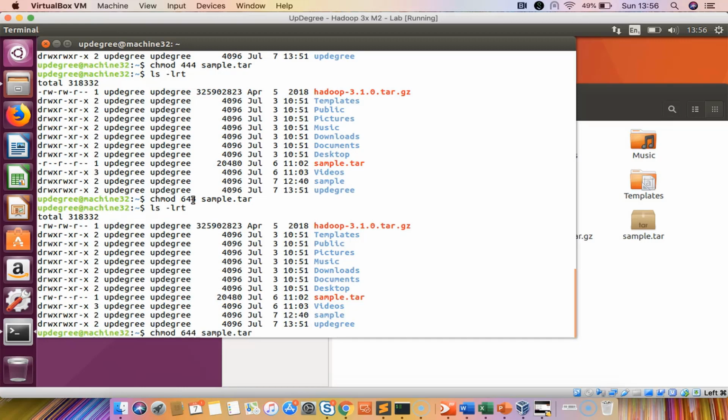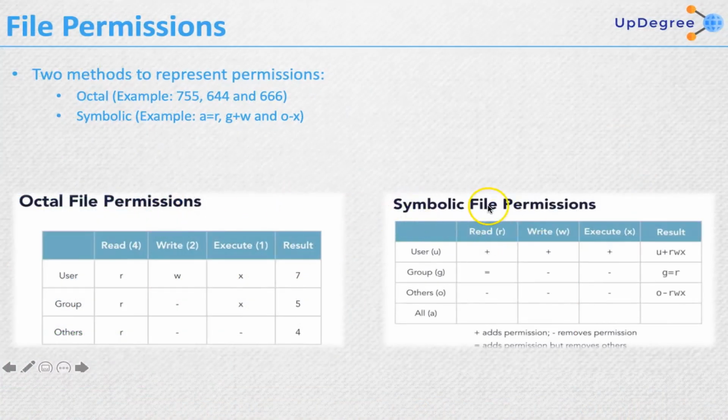764, any kind of these privileges you can make, but you just need to remember read means 4, write means 2, and execute means 1. You just add them and that's how you get your number. Simple. Then the symbolic is a more representational kind of thing, where you have to specifically give read,